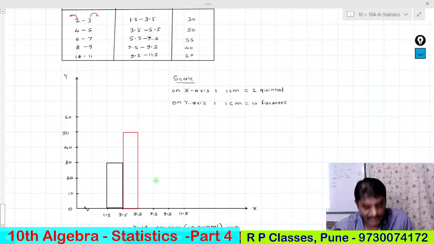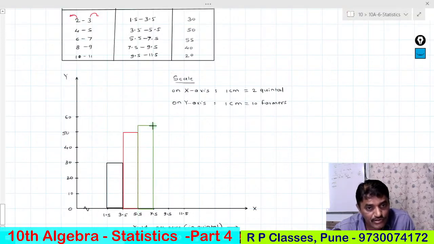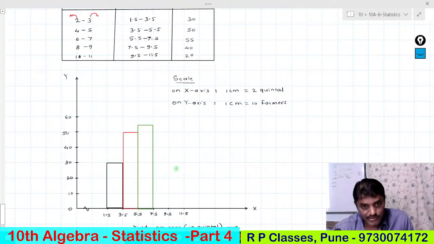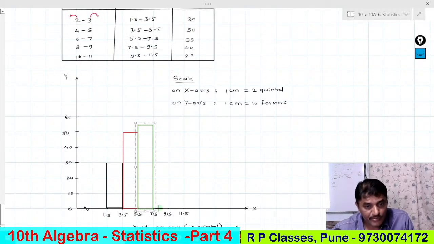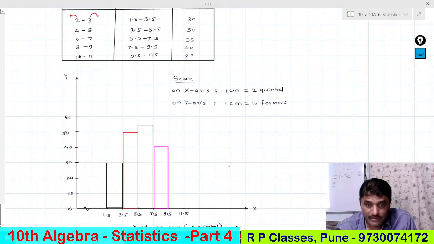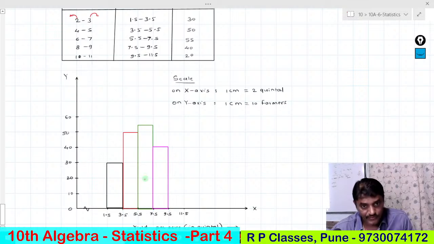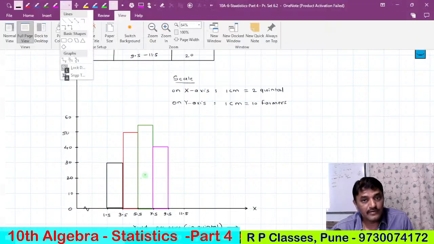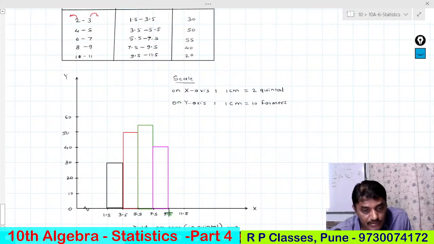फिर अगला है 5.5 to 7.5 55। The next is up to 55, so I'll just mark it from here, it is up to 55। तो 50 और 60 के बीच में आएगा वो, करेक्ट। ये 55 आ गया। फिर उसके अगला वाला कौन सा है? 7.5 to 9.5 is 40। 7.5 to 9.5 it is 40। 40 मतलब सिर्फ यहाँ तक है। समझे क्या? इसको भी चिपकाऊं, समझे? फिर अगला आएगा क्या है? 20। ये 9.5 to 11.5 20 तक है।